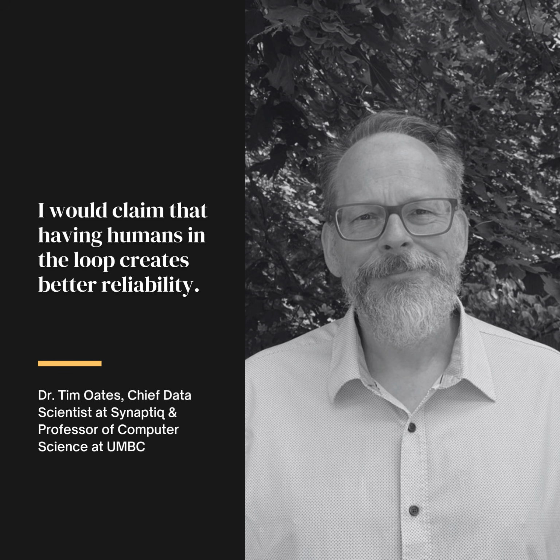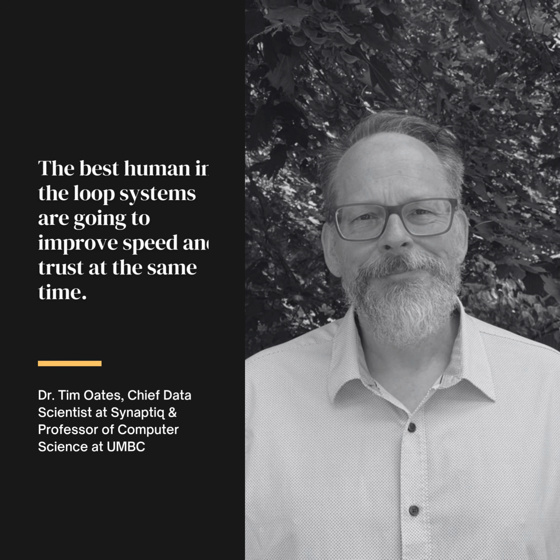And where should you use humans? That's where their judgment is important, where there's risk, where there's uncertainty, or where you can learn by correcting mistakes. The best human in the loop systems are going to improve speed and trust at the same time. So, trust primarily. Because if you have a human out of the loop system that is making mistakes and your customers are getting bad bills because the AI system is making errors, your customers are going to get angry, and then you're going to pull that AI system. So it's got to be trustworthy. But then, because of the learning component, things can get better through time.